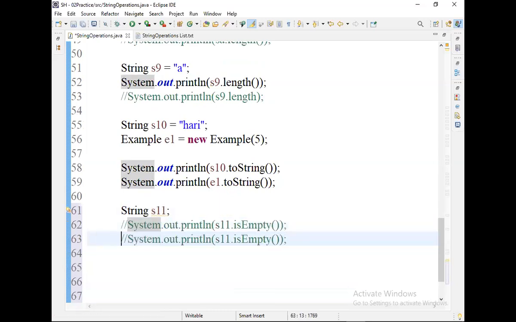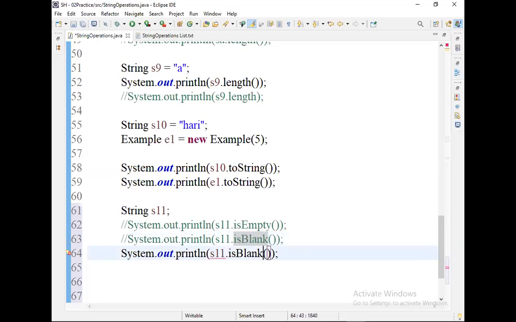Tell me, if I call isBlank, what output will we get? Same error you will get, s11 is not initialized. If I write s11.length, you might think you get 0 because there are no characters, but no, you will get a compile time error because the variable is not initialized.